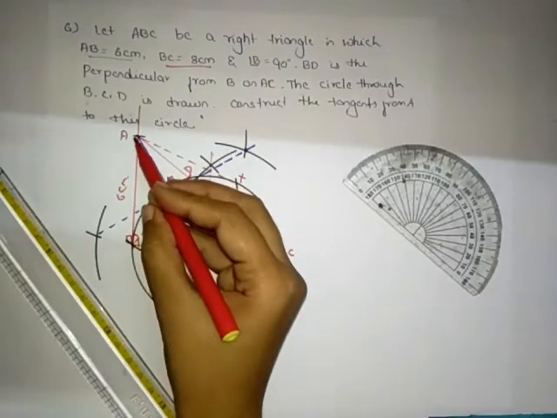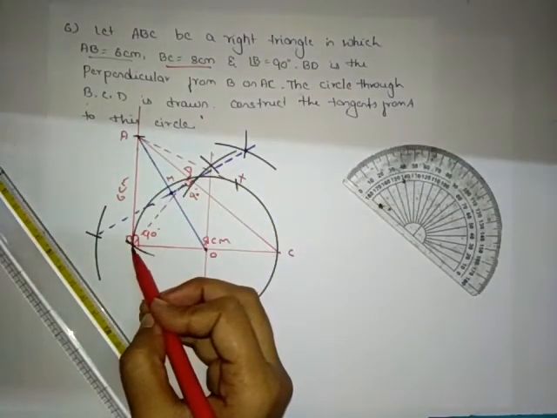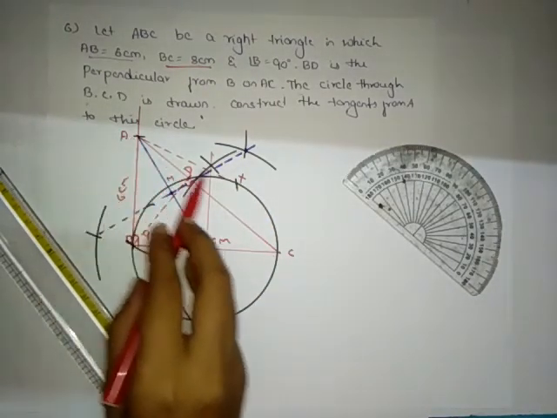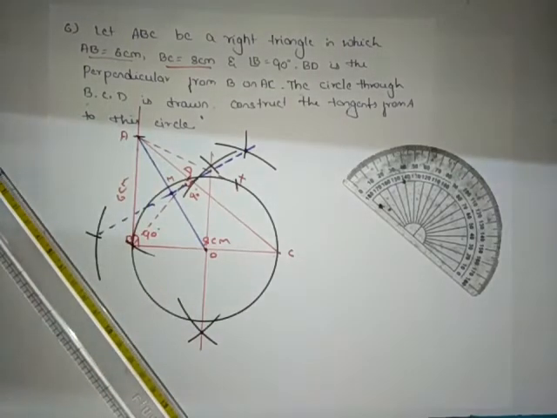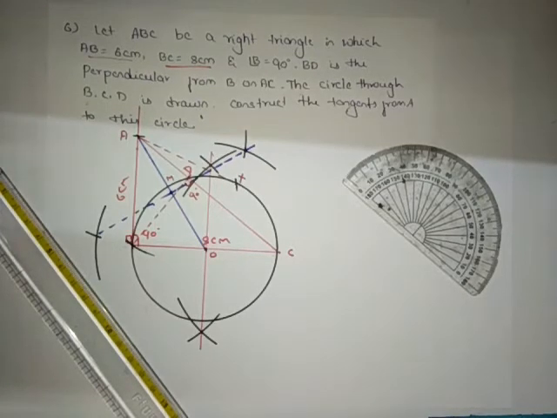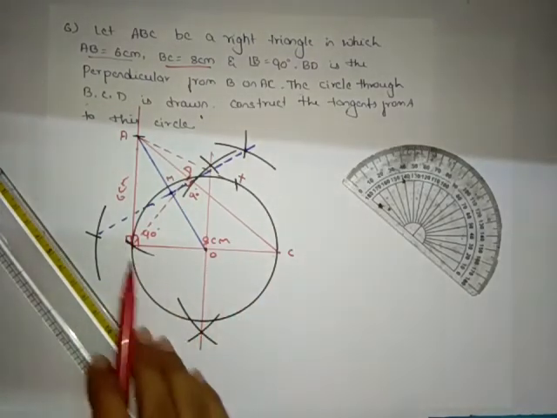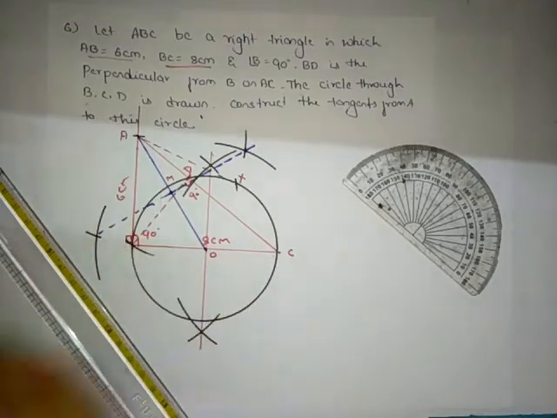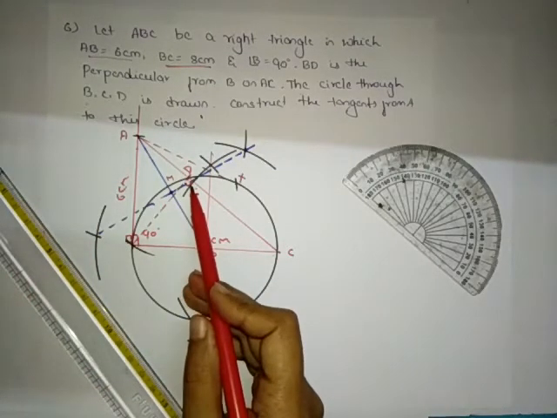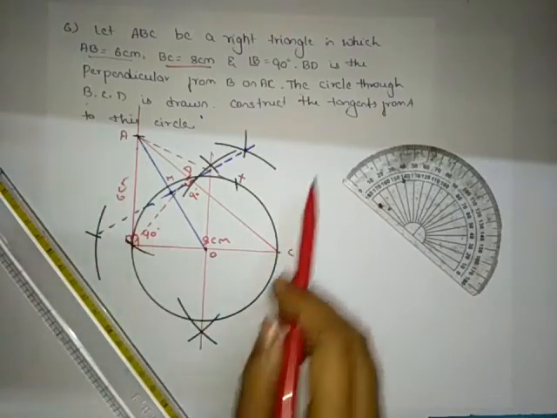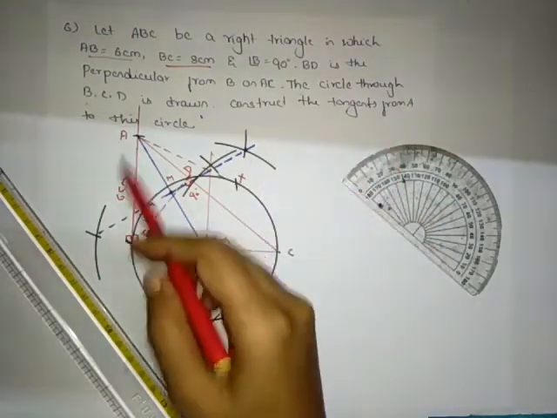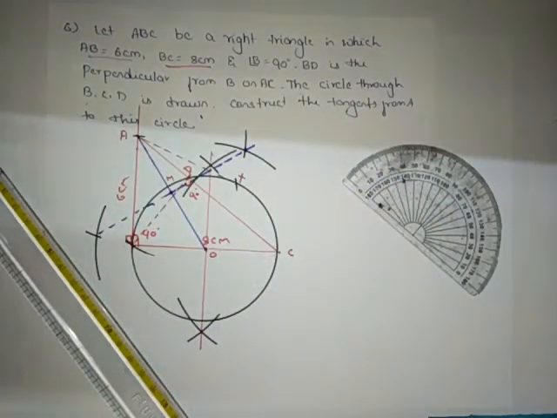Thus we got, already we had one tangent, that is AB, and by construction we got one more, that is AX, isn't it? So we constructed a circle which is passing through the 3 points B, C and D, and also we have drawn a perpendicular line to the line segment AC. Then last, we constructed the tangent to the circle.